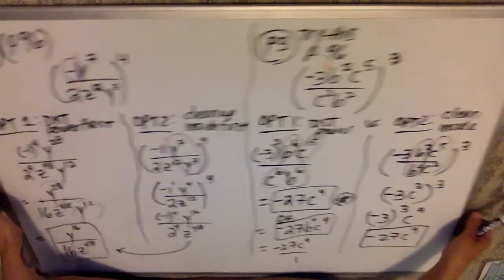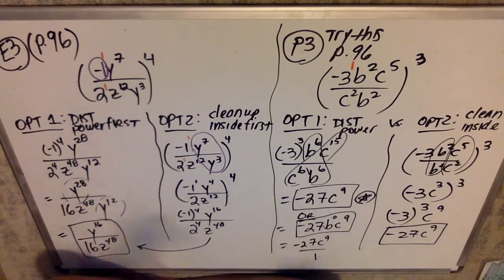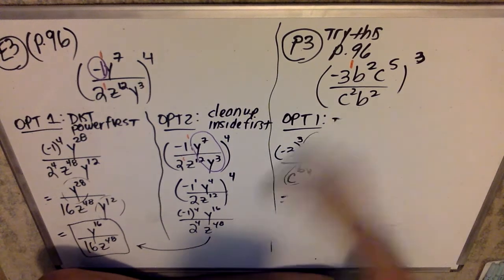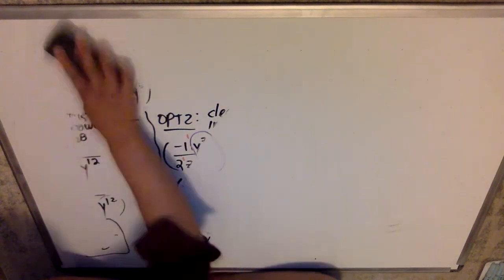So for our E4 and P4, we're going to go ahead and start venturing into some slightly harder problems. There's my eraser. All right, so same thing, fully simplify, right? We're doing the same thing in all of these. So for my E4,